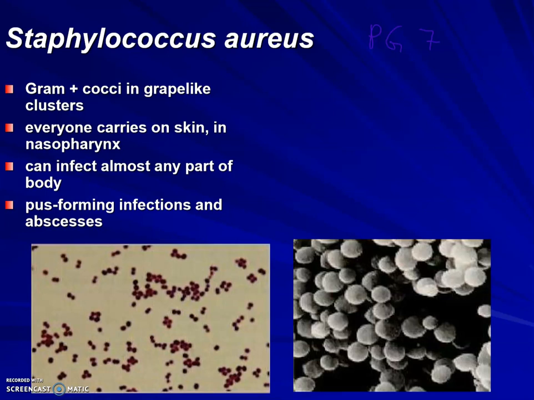It grows in grape-like clusters, like you can see here, these little clusters of staph. Everyone has staph on the skin or in the upper respiratory tract. It's totally normal, but it can cause infections if you have some sort of other inflammation, or if you have some injury, then it can cause some real problems. A lot of times, the infections it can cause are pus forming, so recruiting a lot of neutrophils, and you also can form abscesses under the skin, where the pus then can't drain